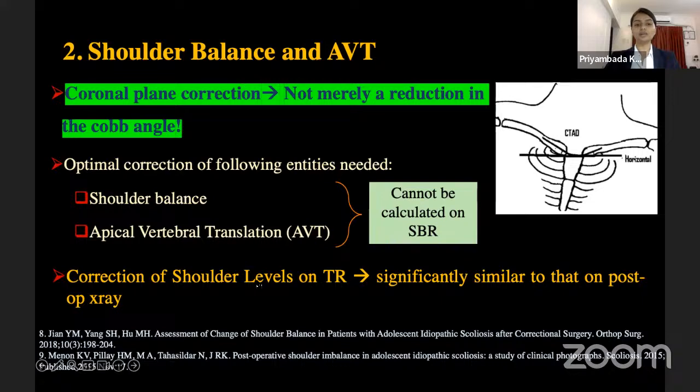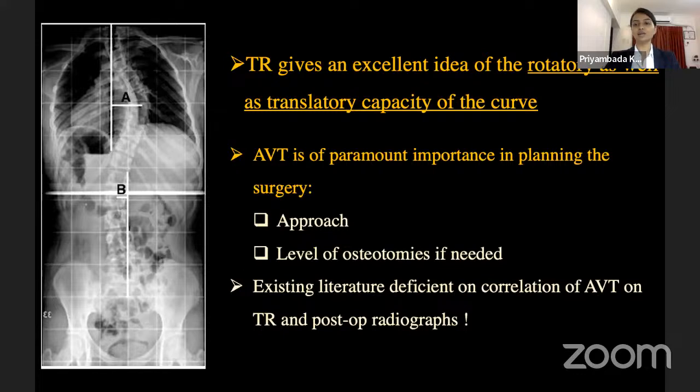Correction of the shoulder level on traction X-rays is significantly similar to that on the post-op X-ray. Traction X-rays give an excellent idea of the rotatory as well as the translatory capacity of the curve. And AVT is of paramount importance in planning the surgery in terms of the surgical approach and if and when osteotomies are needed. However, shockingly, it is seen that existing literature is vastly deficient on correlation of AVT with the